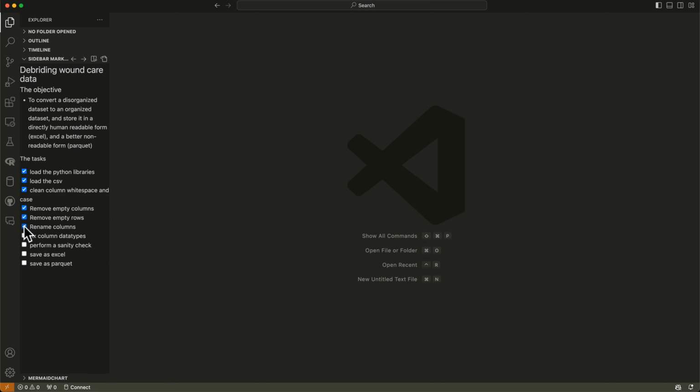Then we're going to rename columns, fix column data types. When we're done with all of this, we will perform a sanity check just to make sure that everything we had done prior makes sense. Then we will go ahead and export the file to Excel and then save it as a Parquet file. All right, perfect. So we're going to go ahead and uncheck all of these because these are the steps we'll